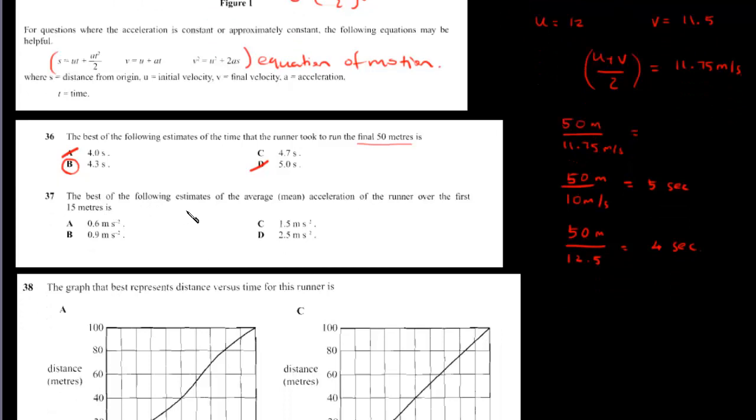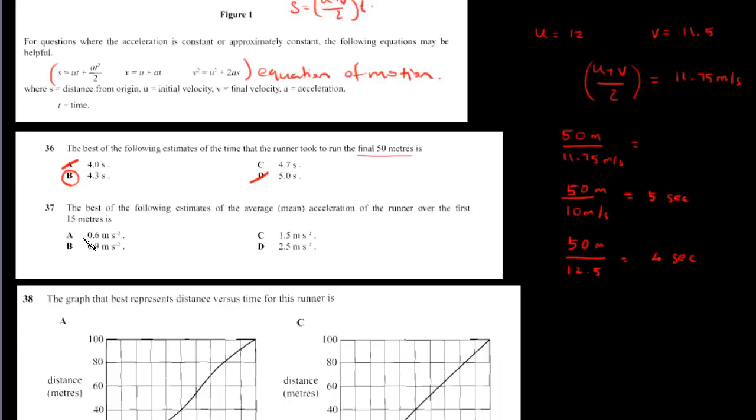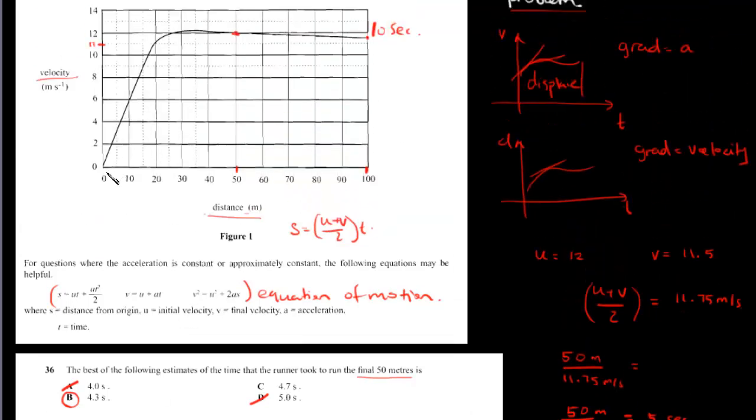Question 37: which is the best of the following estimates of the average acceleration of the runner over the first 15 meters? So let's mark that point there. That's about 9 meters per second. Initially, when it started, of course it starts from 0 meters, its velocity was 0. But when it gets to about 15 meters, you can see that its velocity is constantly increasing. By the time it gets to about 15,